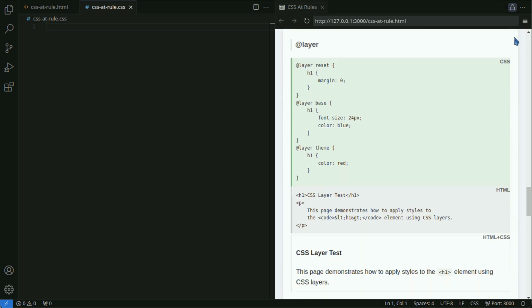@layer is a new rule used to organize the precedence of style sheets in CSS, allowing multiple CSS rules to be grouped and managed by layers. This rule is particularly useful in large style sheets or projects involving multiple external style sheets to make it easier to avoid CSS conflicts. In CSS style sheets, precedence is usually determined by the cascade, but by using @layer, you can control style precedence more flexibly and explicitly.